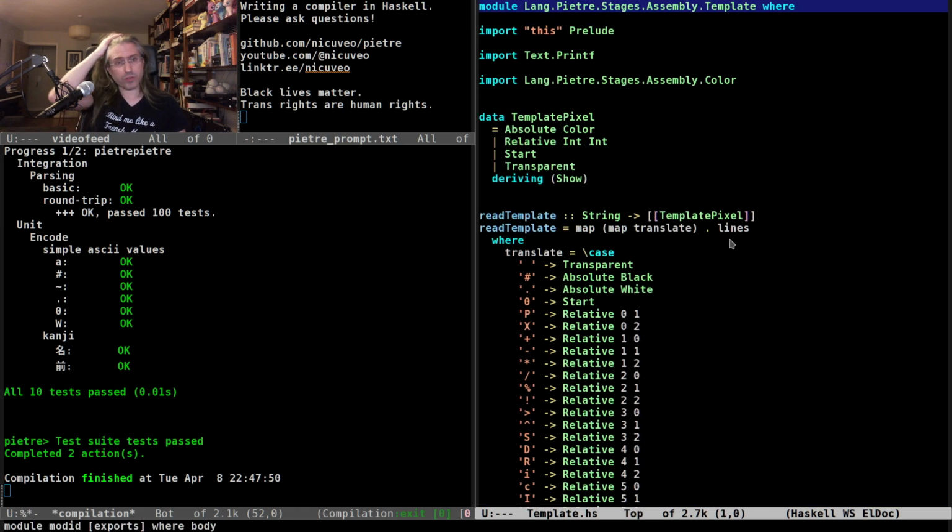Next time we can do reading the template file at compile time, which means having files included at compile time, which is always fun. And I'll look into which image library I want to use, and we can start composing images to make Piètre programs out of bytecode. And yeah, it's gonna be fun. But yeah, I'm gonna stop for this evening.